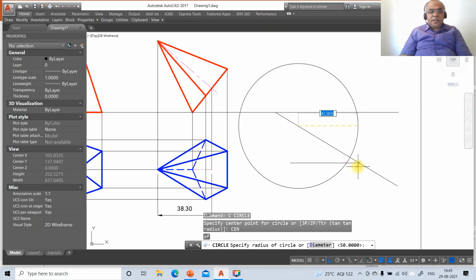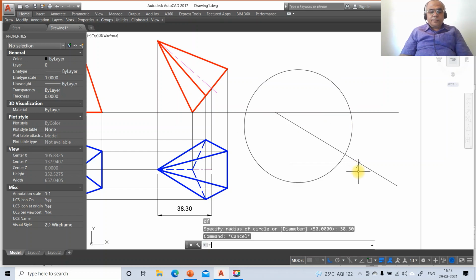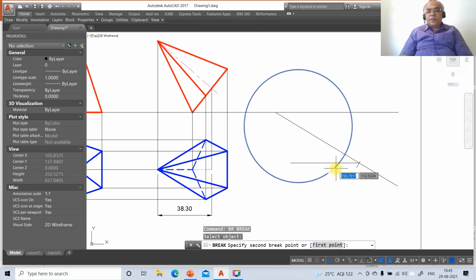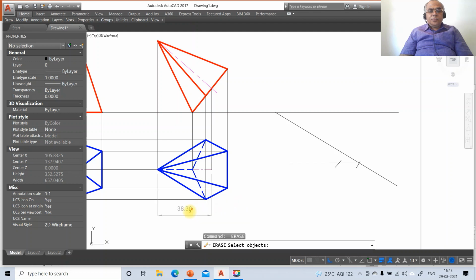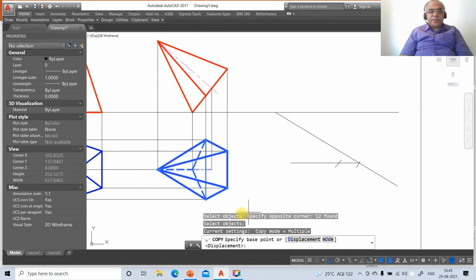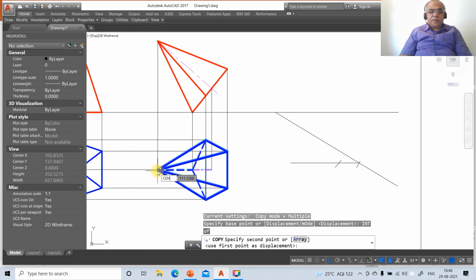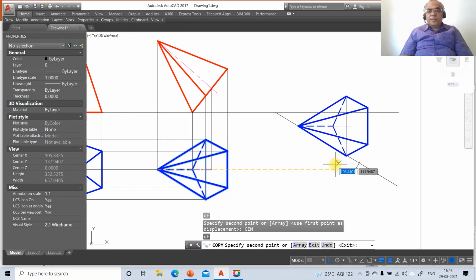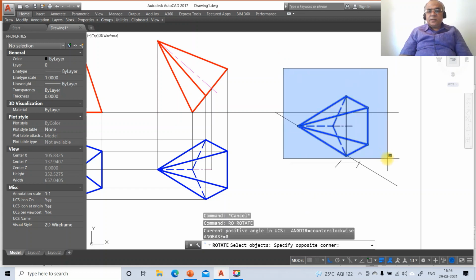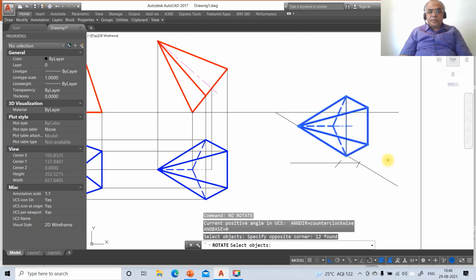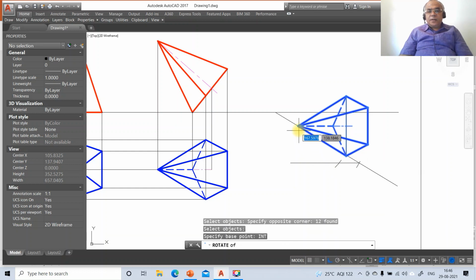this and take the radius as 38.30. Then go to break this till here, and from here you break this, and then go to erase, then you erase this line. Then similarly you just go to copy, select this entire sketch and go to intersection point of this and take center of this line. Then go to rotate this entire thing and take a base point INT of this and